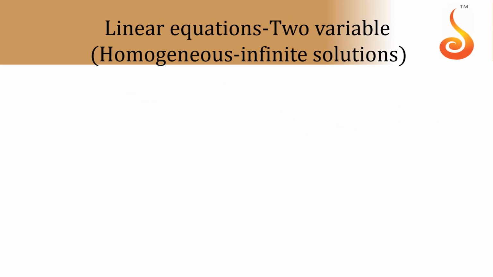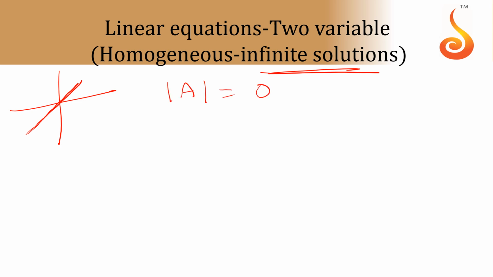Now when you have an infinite solution, it means through the origin the two lines are passing, coincident. Then can I say det A should be equal to 0, because a1 by a2 equals b1 by b2. That's why det A will be 0. So there will be infinite solutions. Please remember, in those infinite solutions, origin is one of the solutions. The solutions other than the origin we call non-trivial solutions, because origin is 100% guaranteed, but there will be non-trivial solutions also. So this is about homogeneous.